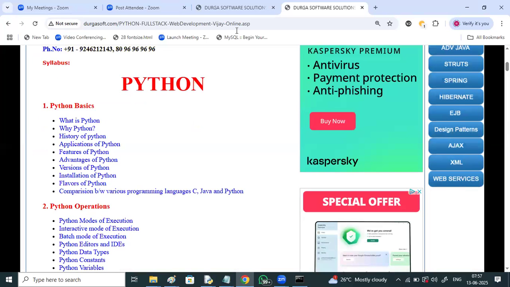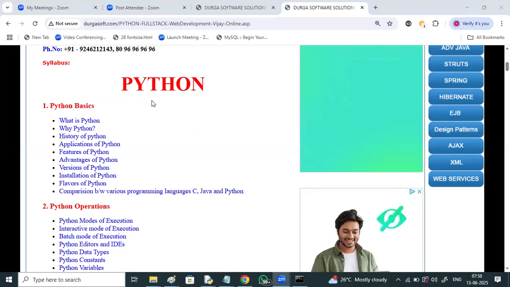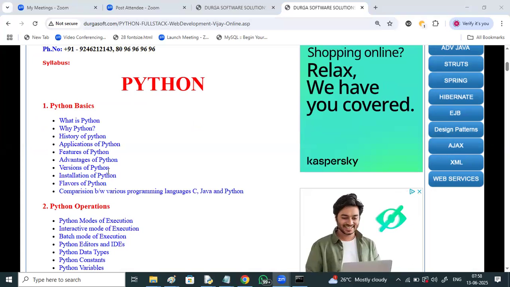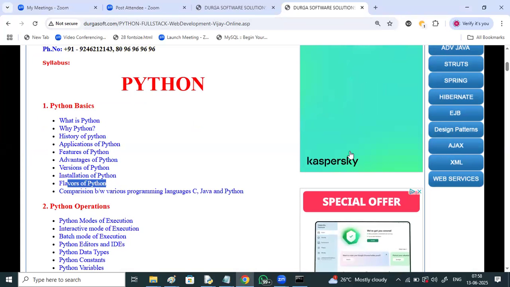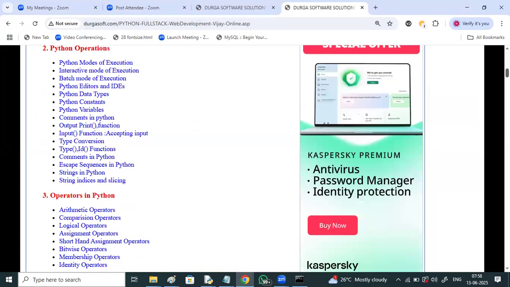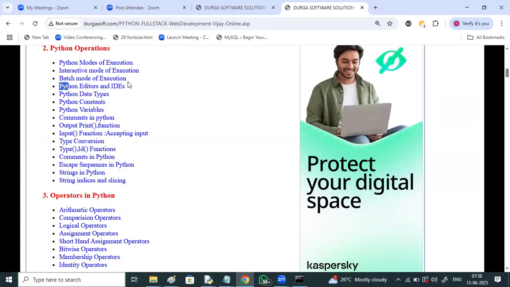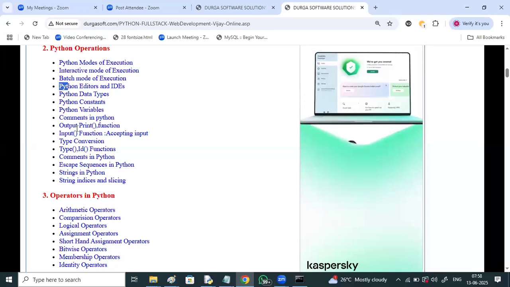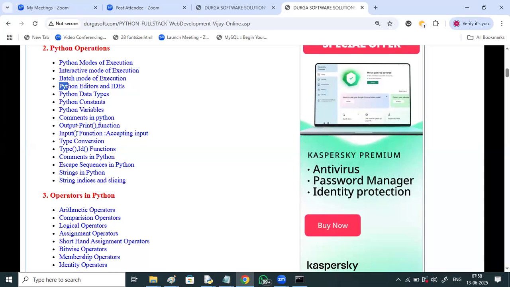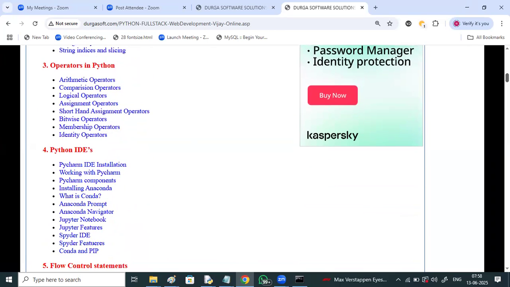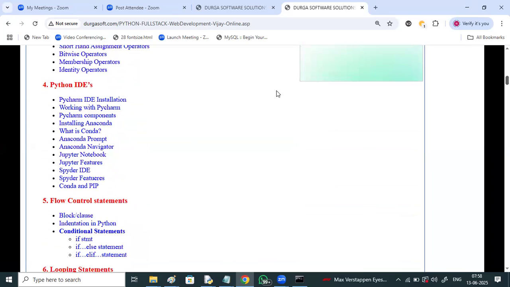Python basics, history, applications, features, versions of Python, installation, flavors, Python operations, modes of execution, batch mode, editors, IDEs, Python data types, constants, variables, comments, input output statements, type conversions, escape sequences, operators, different types of operators, arithmetic, logical, bitwise, different types of IDEs like PyCharm, Jupyter,